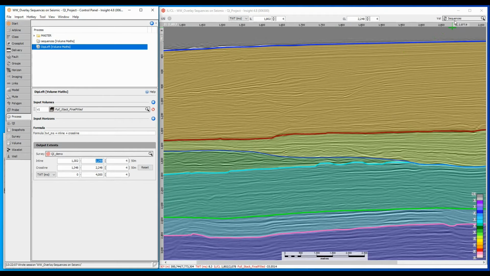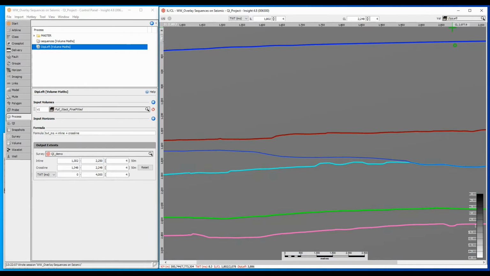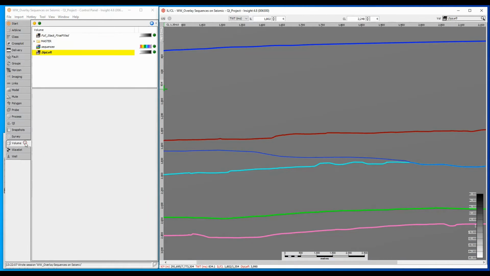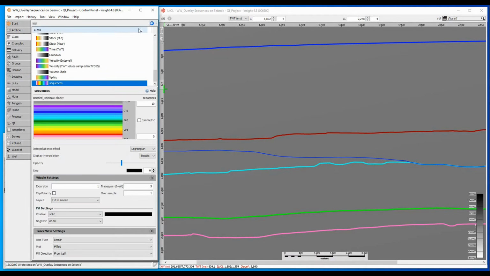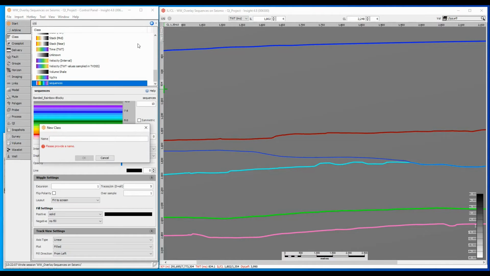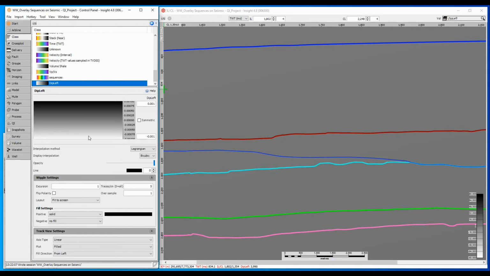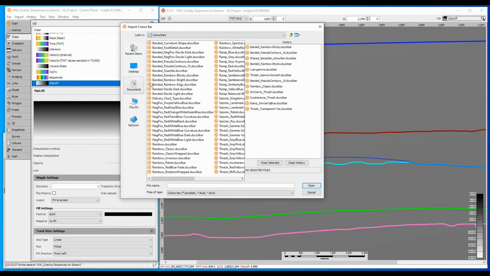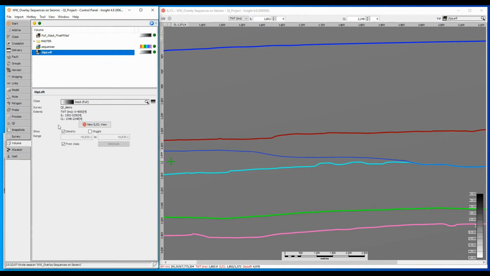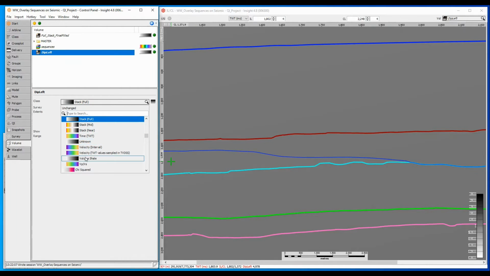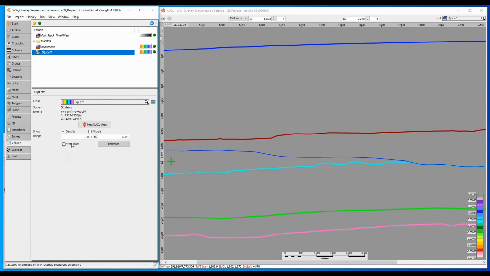The resulting volume looks a bit grey. This is because I'm using the class from the original Seismic. I need to make a new custom class for my dipping sequence. I will call it dip left. The colour bar banded rainbow blocky is good to show the dipping nature of the new overlay. After assigning the custom class to the overlay volume and setting the volume range, the dipping bands can clearly be